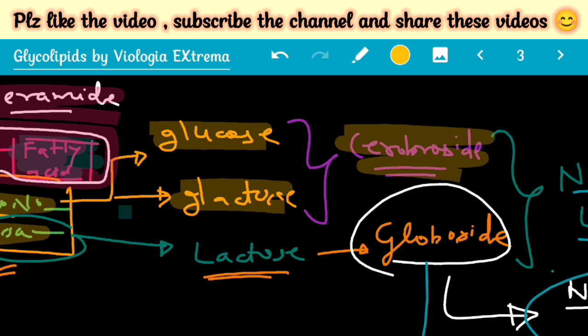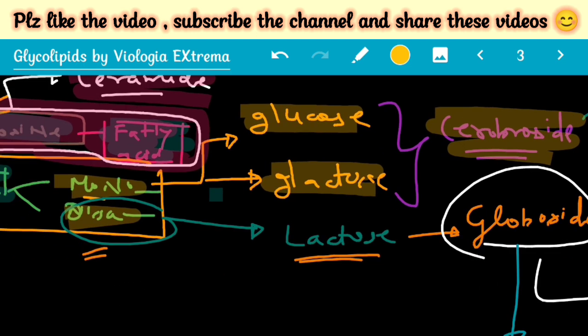Clear? And if we are using a disaccharide as a carbohydrate moiety, or we can specifically say oligosaccharide, because an oligosaccharide can have more than one saccharide unit attached to it. So it can be di, tri, tetra, and so on. Here the example we have used is the disaccharide, which is a type of oligosaccharide. The disaccharide in the example is lactose.